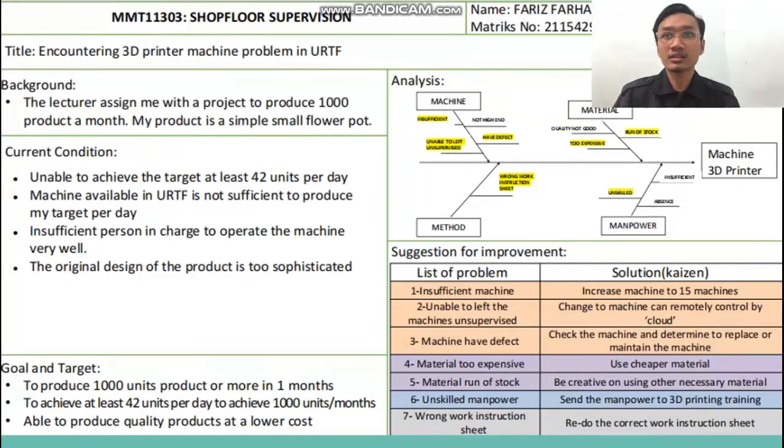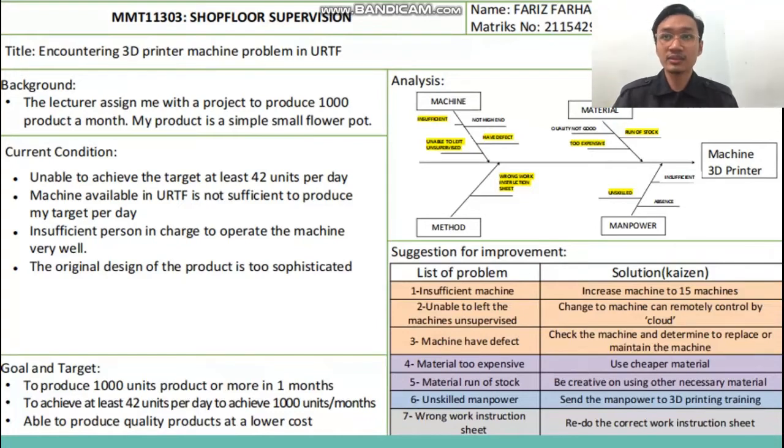The suggestion for improvement: goal and target is to produce 1,000 units per month, and then to achieve at least 42 units per day in order to achieve 1,000 units per month. And lastly, able to produce quality product at lower cost. My suggestion for improvement: firstly,